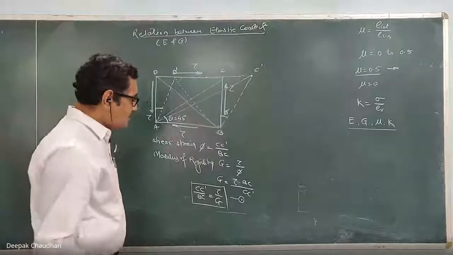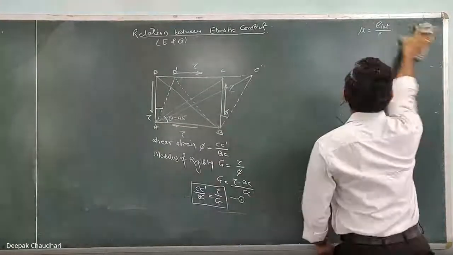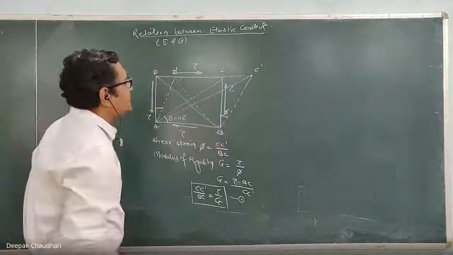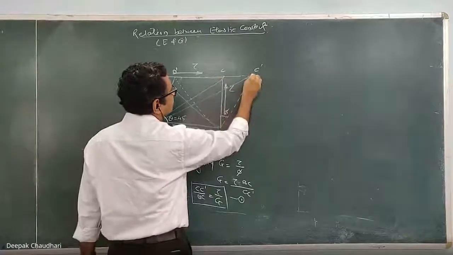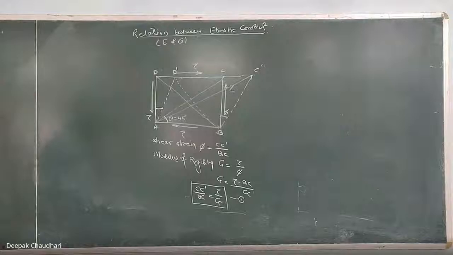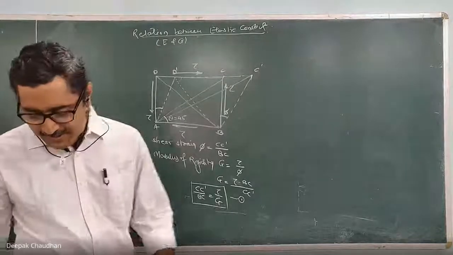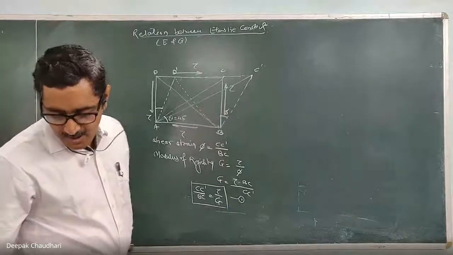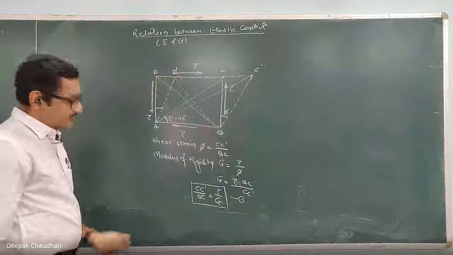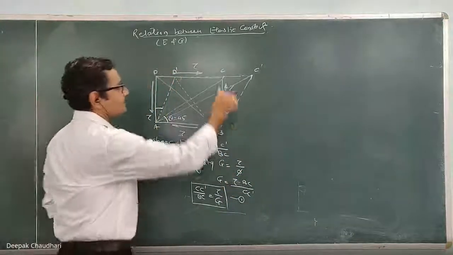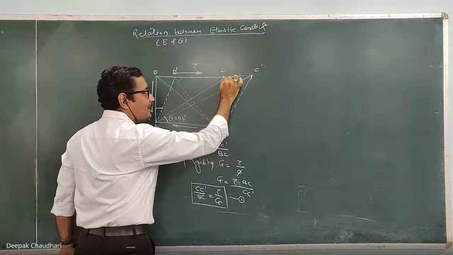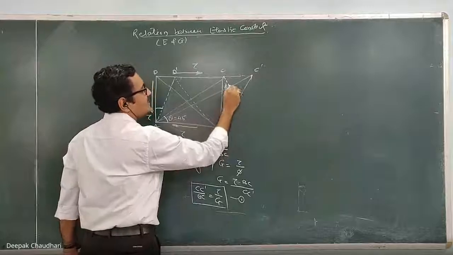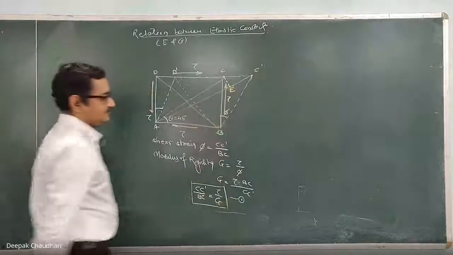Understood? Here, now this CC dash and BC. Now, if I consider this original triangle, this original figure, what I am going to do is, from this C, I will drop a perpendicular on this distorted diagonal. This is tau. On this distorted diagonal, let this point be E.